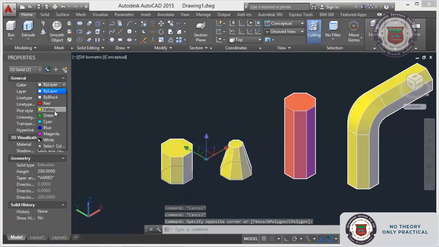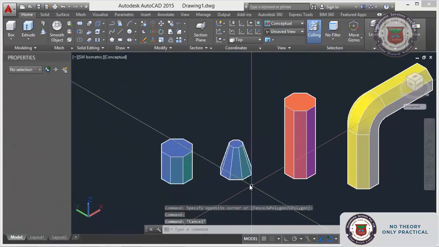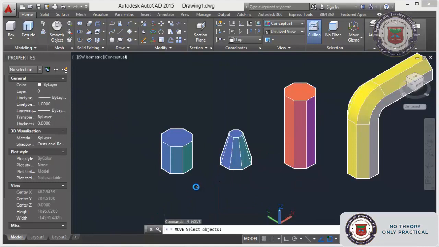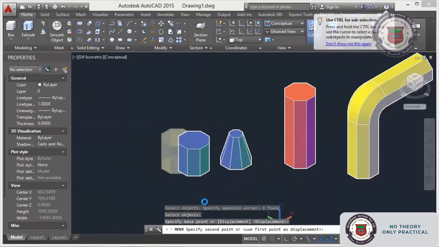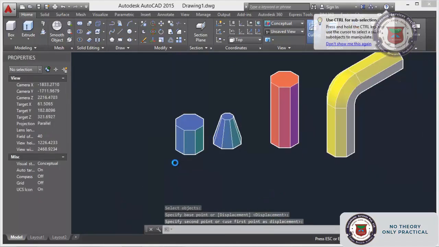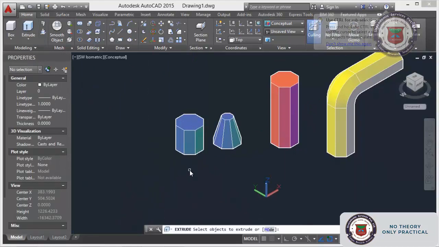Okay, you can keep. Next option in extrusion, for that I will make a 2D object.